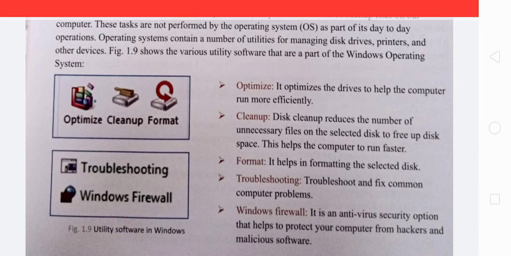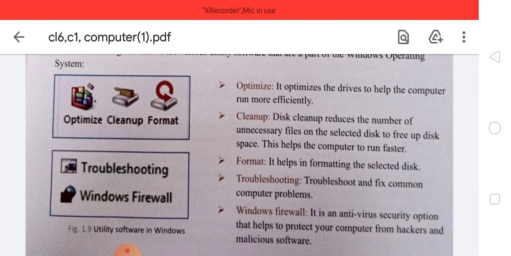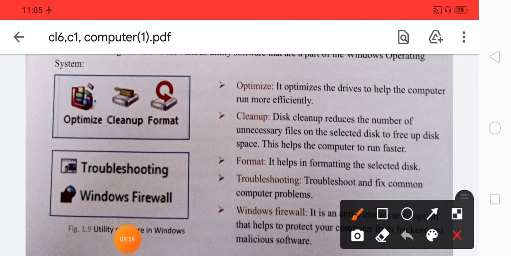The first one is optimize. Its work is to optimize the drives to help the computer run more effectively. The next one is cleanup. What is the function of cleanup? Disk cleanup reduces the number of unnecessary files on the selected disk and frees disk space, and that helps to restore memory.